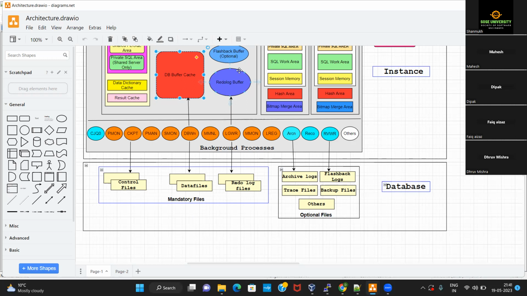Yesterday we said that whenever the user fires a DML or a DDL statement in the database, something called a redo entry gets generated.